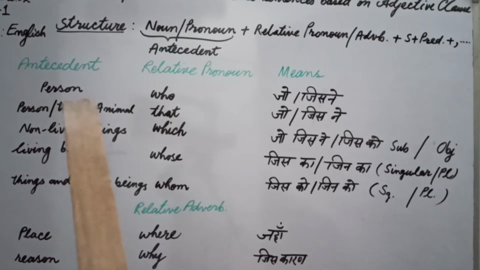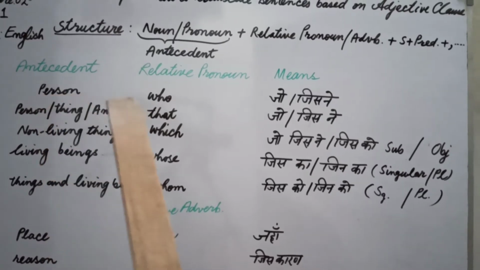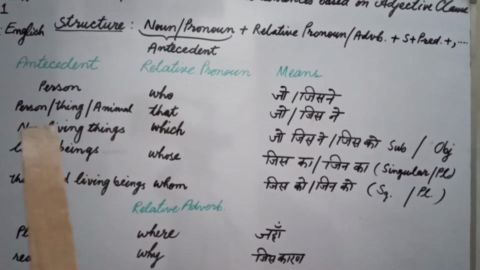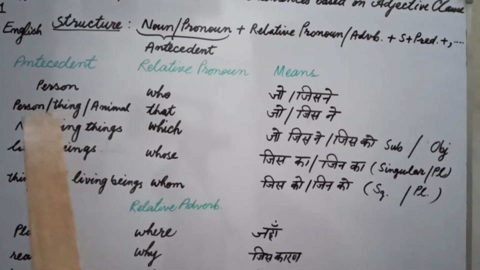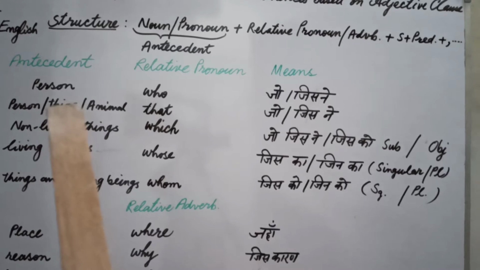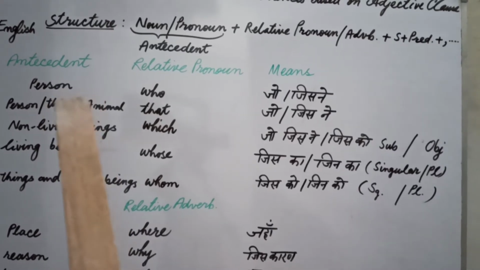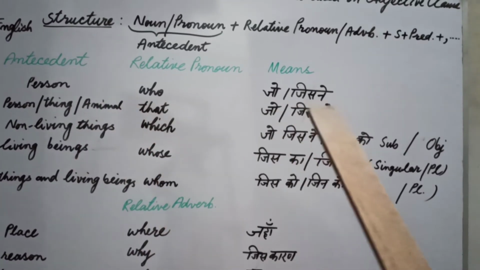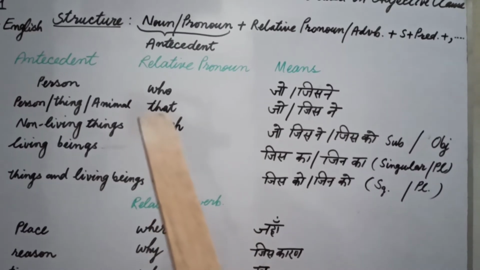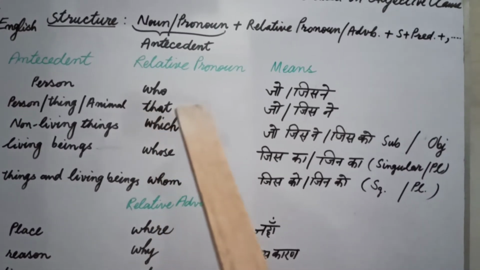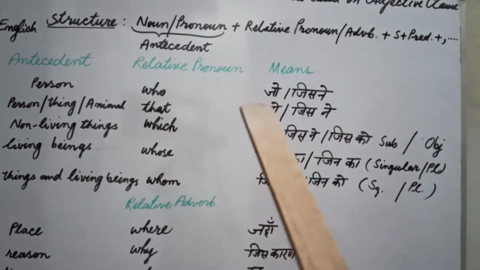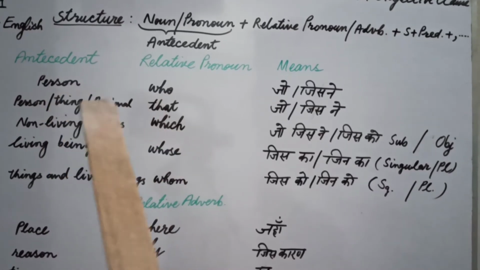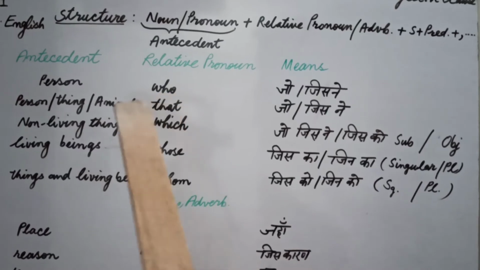In an antecedent, we use a person before who. If we use that, we use a person, thing or animal. We can also say if our noun or pronoun is a person, just like I, he, Mohan, Sohan, etc., then we will use who, and this means jo ya jisne. In this way our sentence will be Mohan जो मेरा दोस्त है कक्षा में रोज आता है. Now we will translate this word जो in the form of who, and that will be for the person, and the person will be placed just before this relative pronoun.